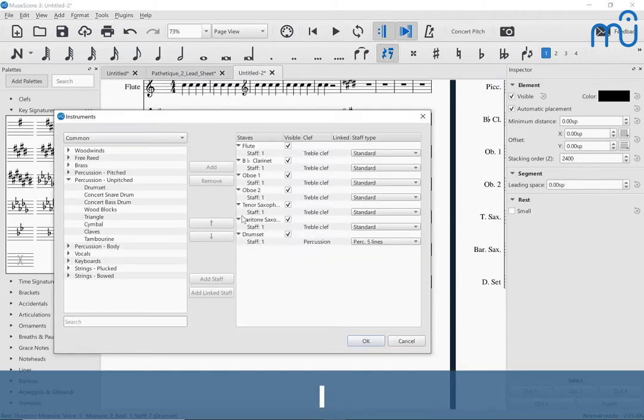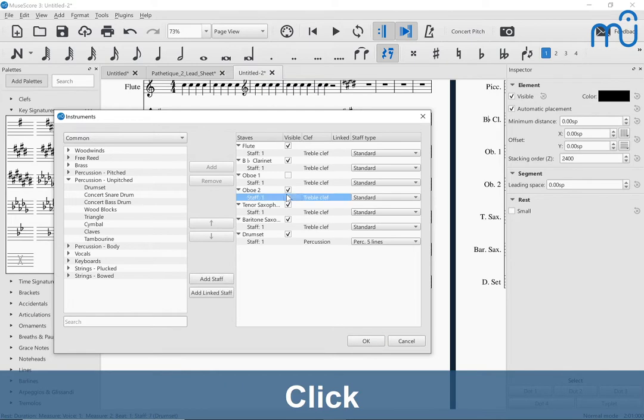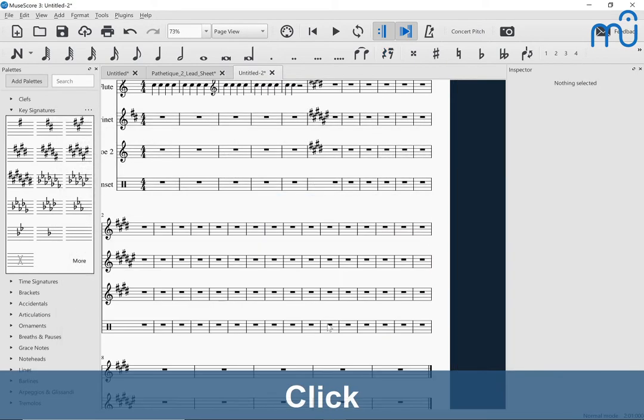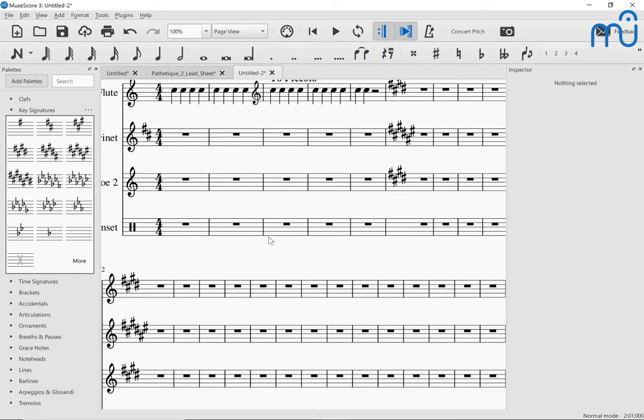I'm just going to get rid of some of those staves. So I press I, and I'm just going to, actually I'll just hide them. Why not? Because you can hide staves. If you didn't know that, now you do. Okay. I just pressed 0, so I'm going to be scattered here because as things come up,